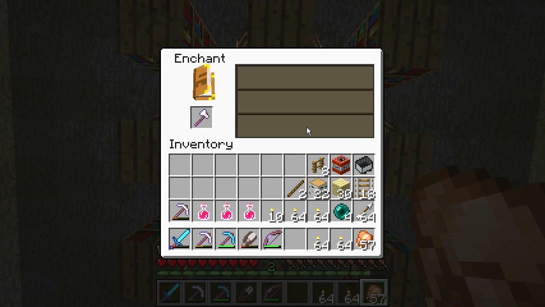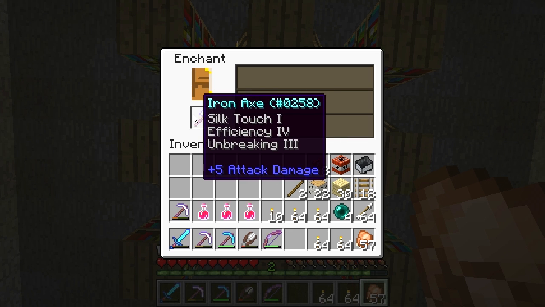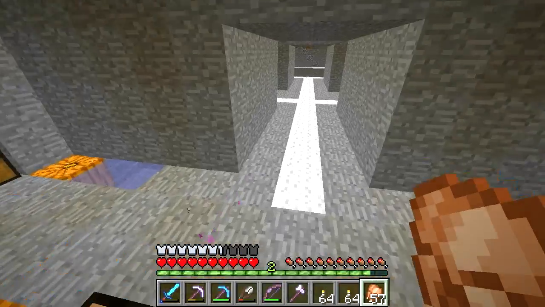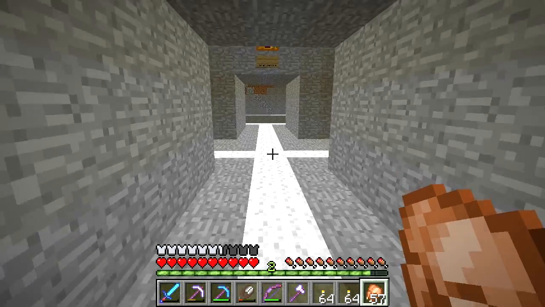So let's just see what we get on this. Hang it. What? Silk touch on an axe? Wow. It's an awesome axe. It's got silk touch, so I guess I can use it for...